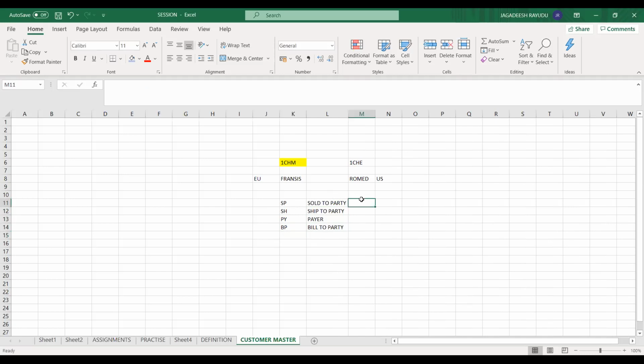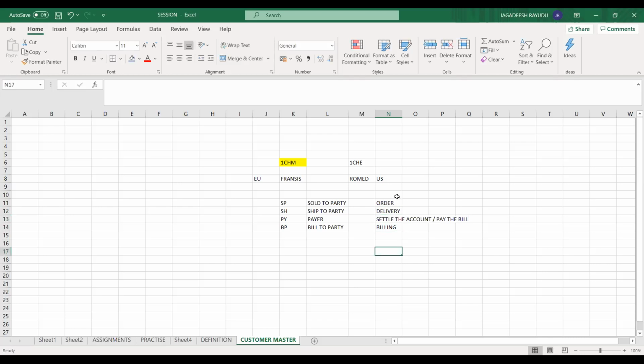When a customer orders, he should get the delivery. He will raise an order, he will receive the delivery, he will receive the bill, and he is going to settle the account. That means whatever goods he received, against that he is paying the bill.